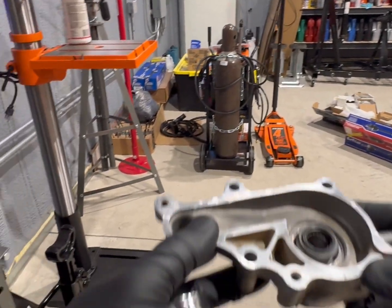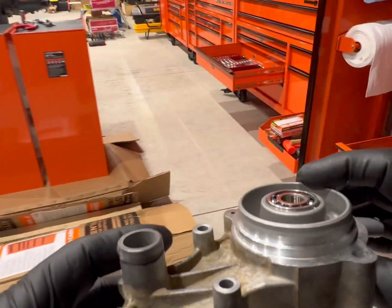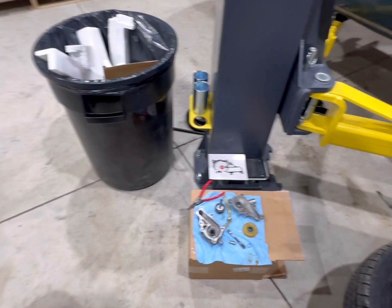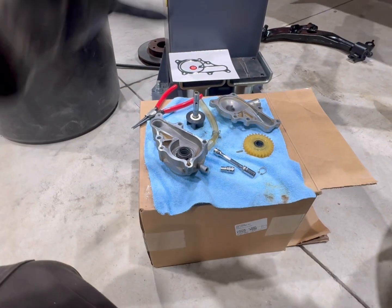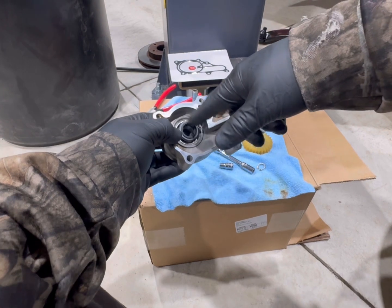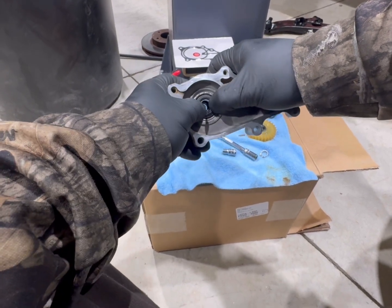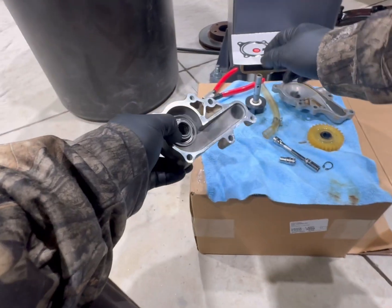Awesome. Looks good. So now we can start putting this thing back together. All right, so now good to put it all back together. Now we've got the bearing seal and then your other press fittings over here, your spring-loaded seals and stuff. So